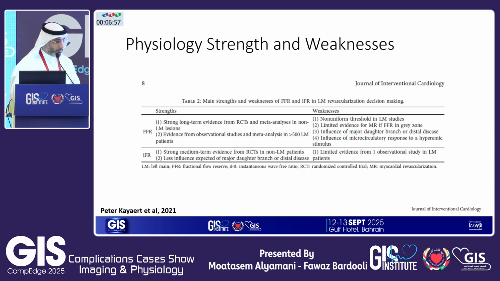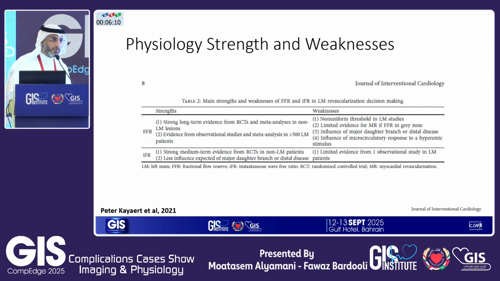So what are the strengths and weaknesses of FFR? We talked about some of them already. You have disease in the daughter vessels and how that affects it. You don't have strong, robust evidence for left main lesions. I'm a CTO person, so I'm going to integrate CTOs into all of my talks. If you have a CTO of the RCA and you have a borderline left main lesion, that can be falsely positive because you're also supplying the RCA territory. There's good evidence that if you treat the CTO in these situations, the IFR that was originally positive will become negative.